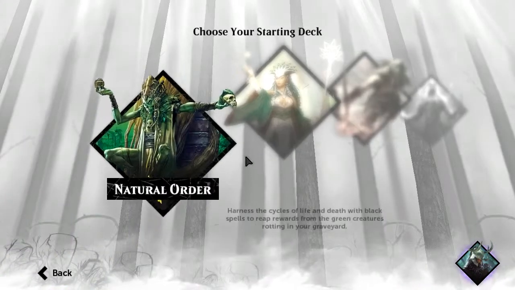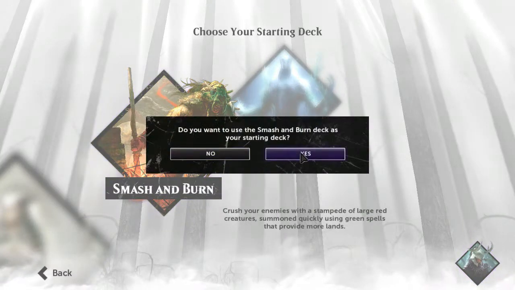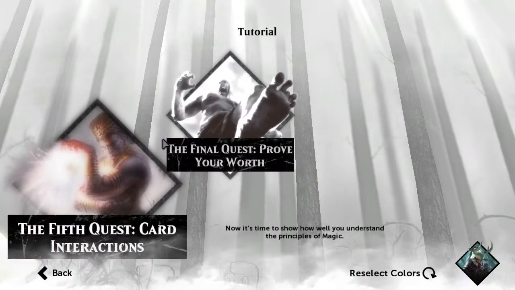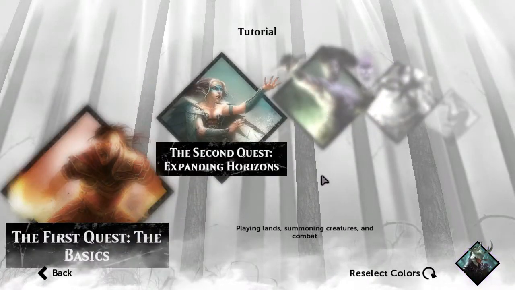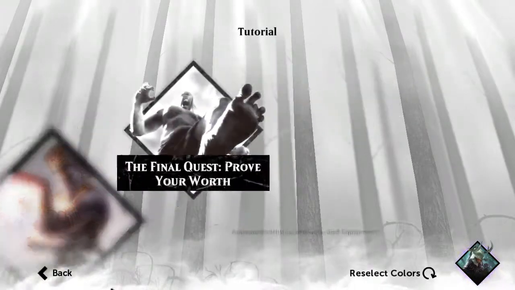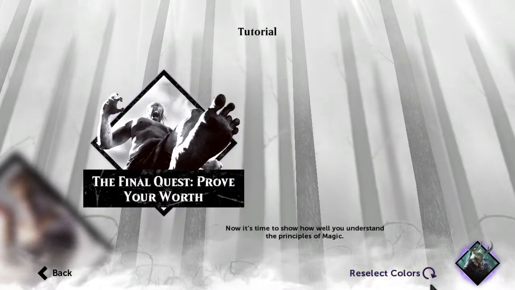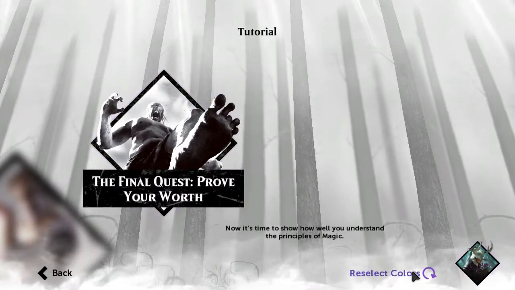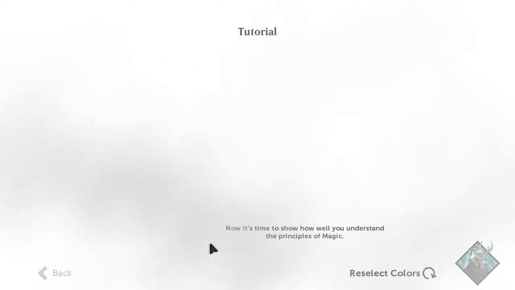I don't know anything about the decks in this game, so because of that, I don't know if I'm making a horrible choice. Because typically, with Magic 2012, there are a whole lot of very different decks. Well, you understand the principles of Magic. Reselect your colors? No. I'm probably going to get beat down really badly here, and then most likely...